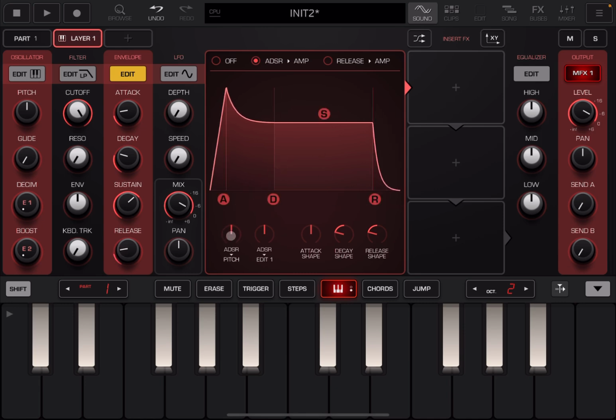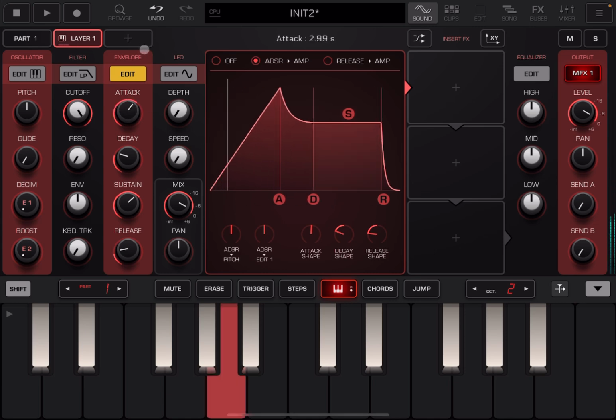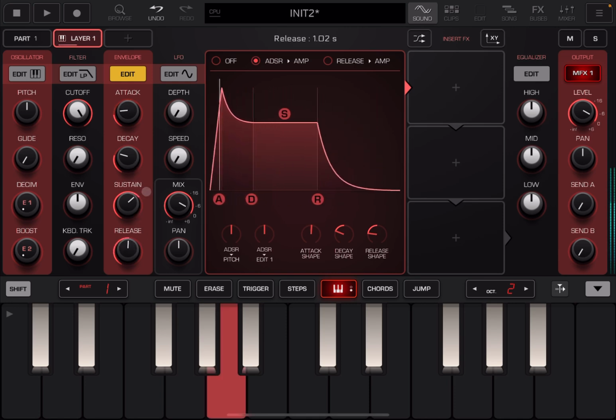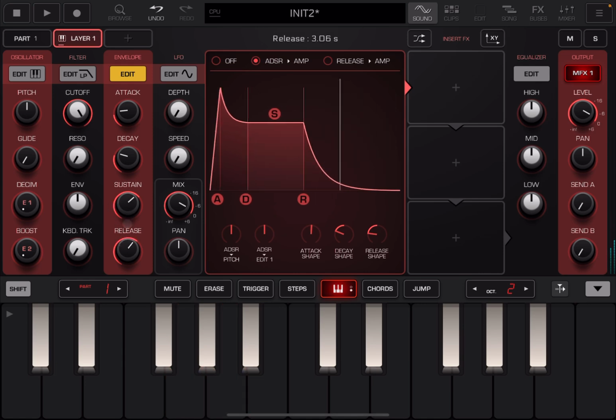And of course you can direct these to pitch, to edit 1, which in this case is a decimator here, and then you can change also the shape here of the attack, of the decay, and the release. And you can do that also on the graph as well. So it's pretty simple how it works. And now you can hear that you have much more attack, and if we increase the release, there you go. So you have those options as well, and this is how the envelope